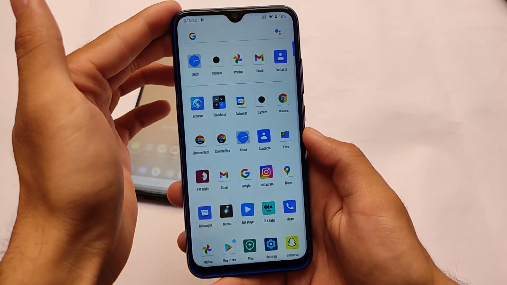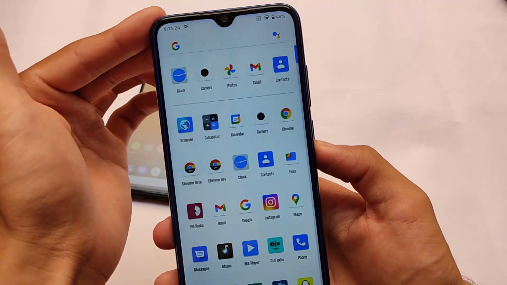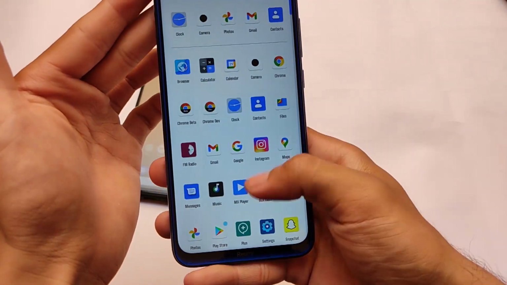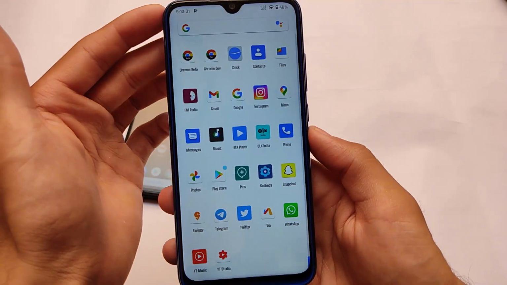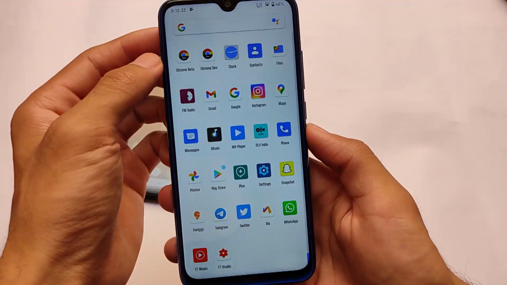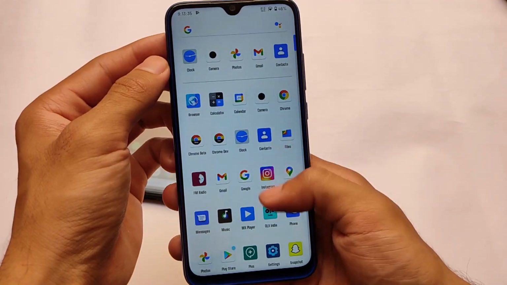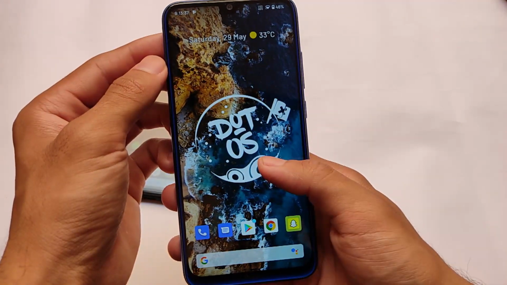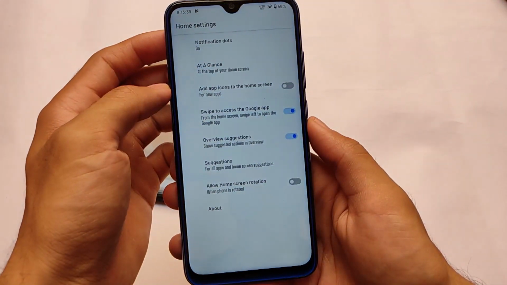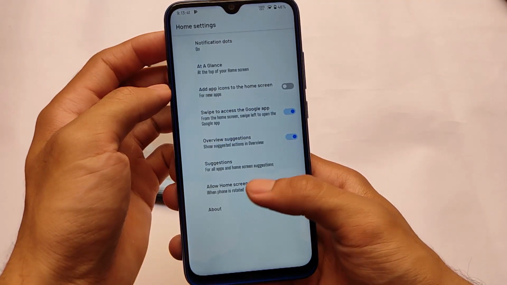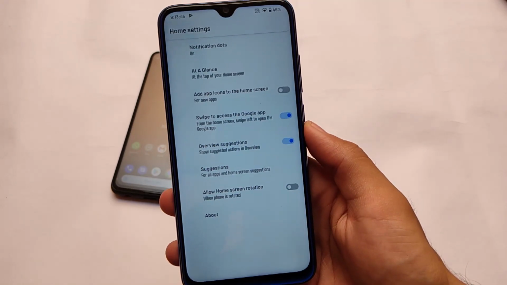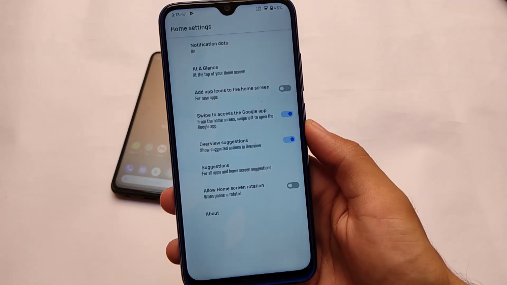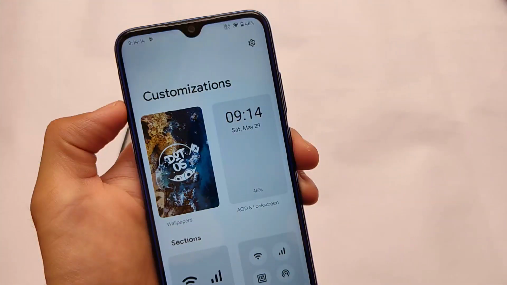Moving on to some other things, we have almost the same kind of things if you compare it with other Android version 11 based custom ROMs. It doesn't include anything different, anything unique. Honestly, it has the same kind of options for you. The icon shapes, icon pack, everything you can adjust, everything you can change from settings. It's just up to you. The default launcher is the Pixel launcher if you use the Google Apps build. In my case, I'm using the build which includes the Google Apps. That's why we have the Pixel launcher pre-installed on our device.